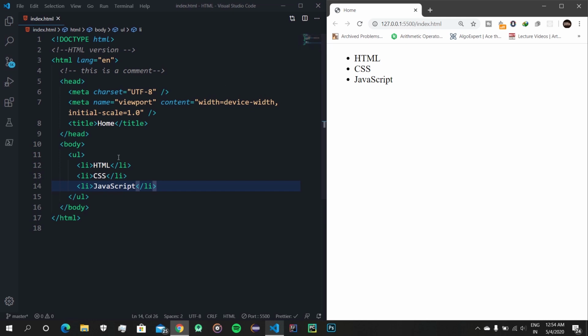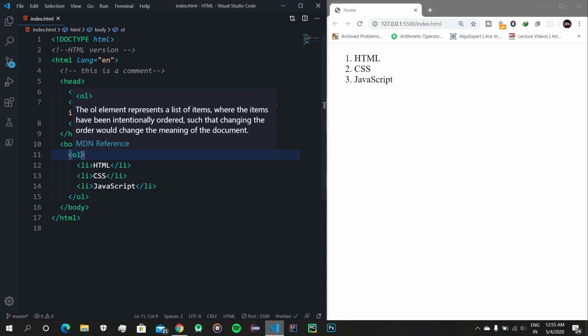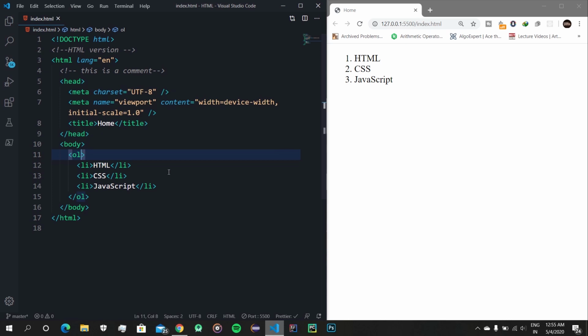Now for ordered list we need to put OL in the place of UL to make it an ordered list, and you can see we get the numbers 1, 2, 3 and the list is now ordered. Now if you don't want these numbers along with your list elements, and you just want something more creative like alphabets or Roman numbers, you can do that by defining the type of this ordered list.